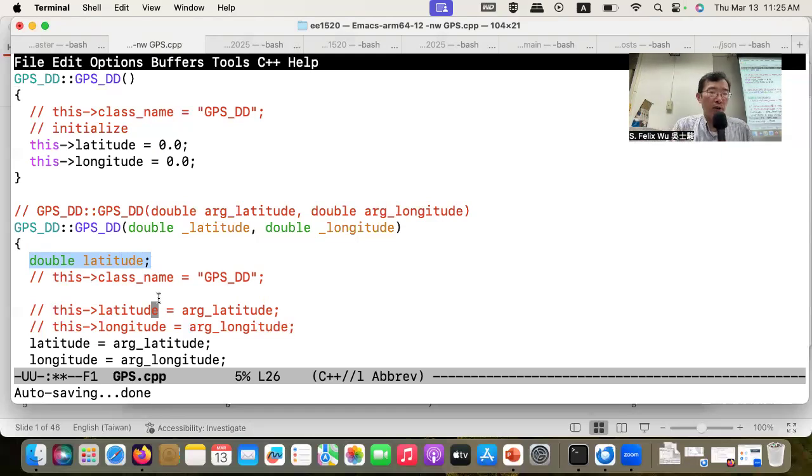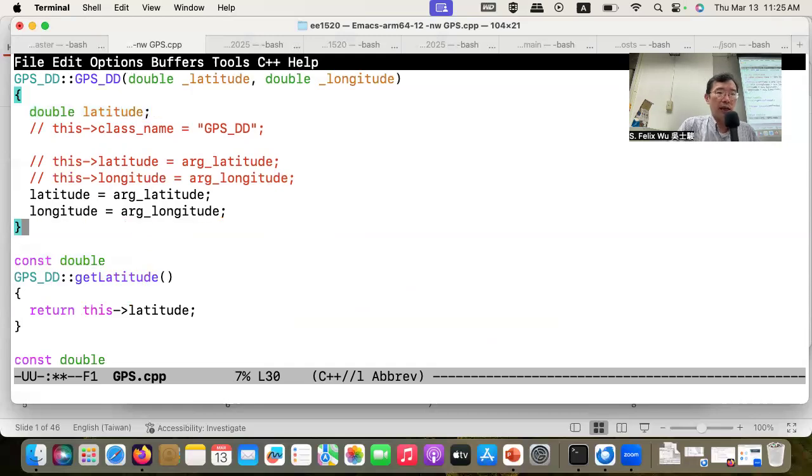That's why I always use this, to make sure that if another programmer defines a local variable that's actually using the same name as the member attribute, okay? So later we'll see when we run the program. That's basically the GPSDD constructor. Any other question? Okay,